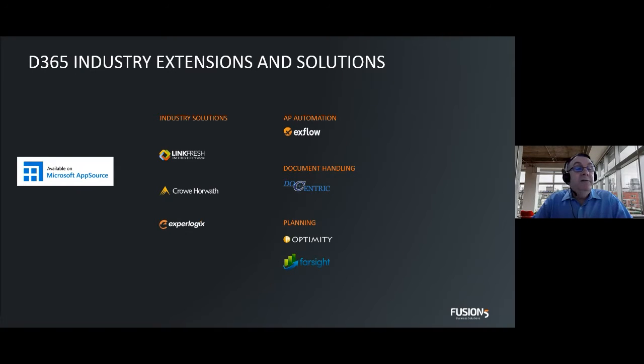And you'll see over to the left there, I've got a nice white tile, a Microsoft AppSource tile. I really encourage you to go and have a look there. So all of these extensions, all of these solutions you will find on AppSource. So they are Microsoft certified, and they will sit up there for anybody and everybody to go and have a